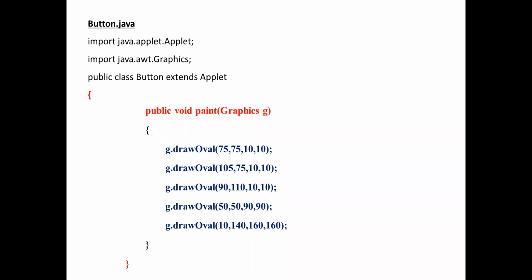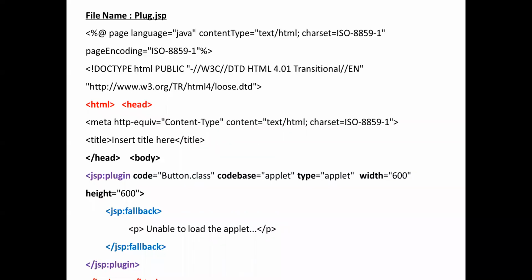So in that Java file, it is invoked by the applet. So what is the name of the Java file? That is the button. So in the JSP page, I have to invoke some tags by using HTML.